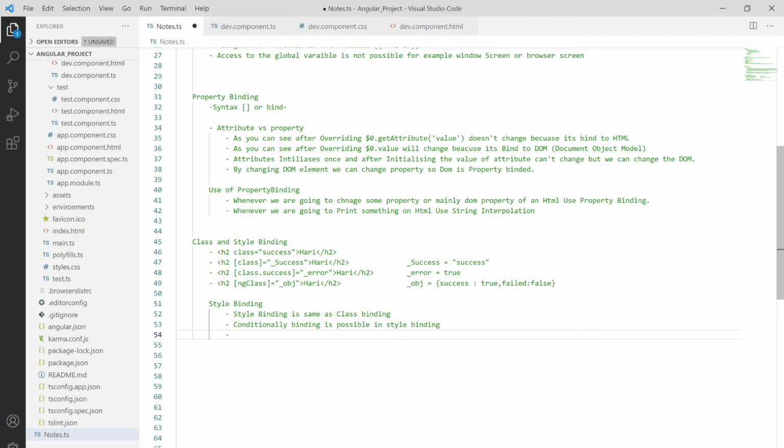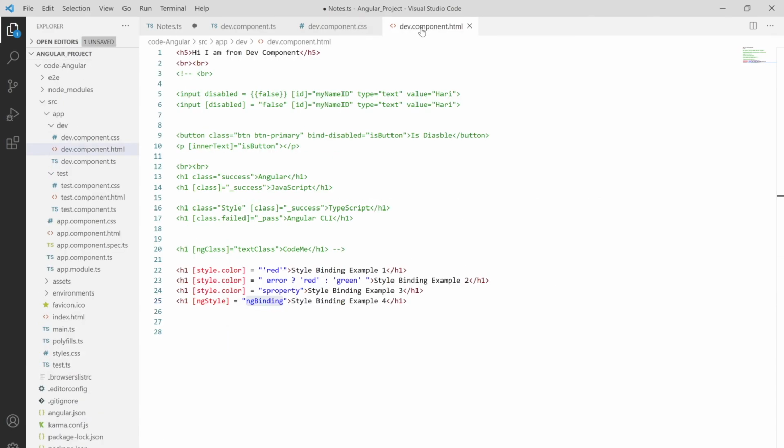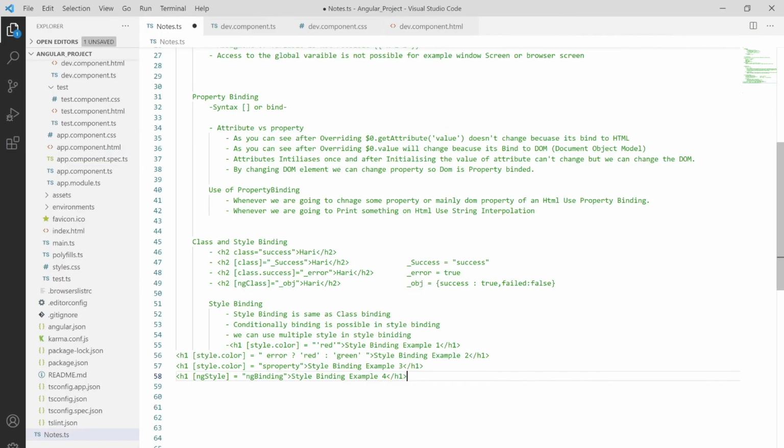Also, one more thing, we can use multiple styles in style binding, and we also have that example. Let me copy this example and paste it in the note for you, and you can also find this note in the description below. You can go and check this out as well. Let me also put it over here in this format.